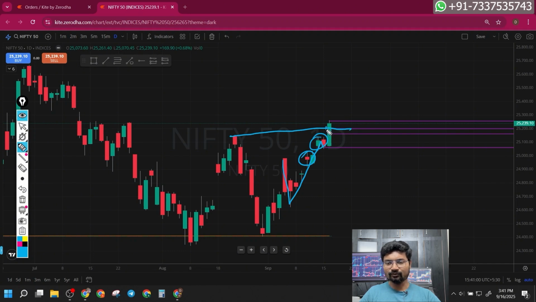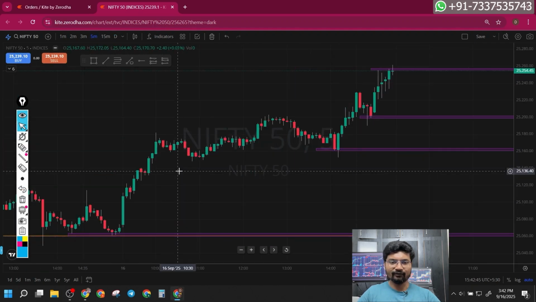And after today's move, we can expect a gap up, and we should see whether it is going to be a big gap up or a small gap up. But there is going to be a gap up tomorrow, and whether that gap up sustains or there will be a sell-off after the gap up, we should see based on the price action. But as per today's price action, it is going to sustain, and let's create our plan for tomorrow.